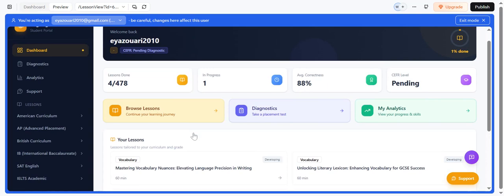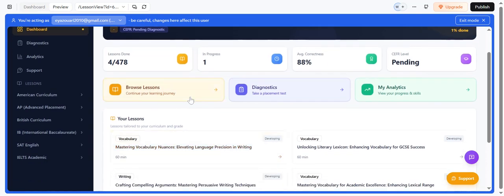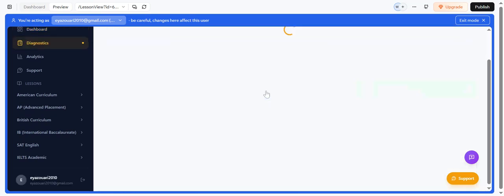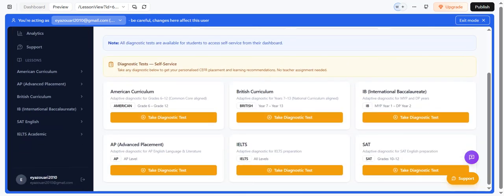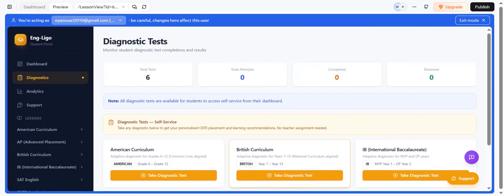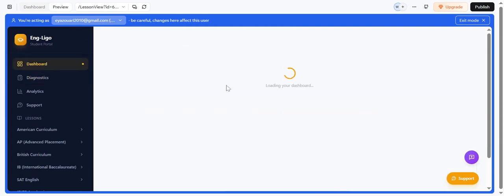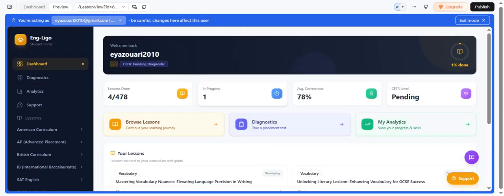So here you see one of the students' dashboard. The first thing you have to look at are the diagnostics. When you click here, you'll be directed to the diagnostics page, where you can find six diagnostic tests: the American curriculum, British curriculum, IB, AP, IELTS, and SAT. The six of them are adaptive, and they will give you a good evaluation of your current level compared to